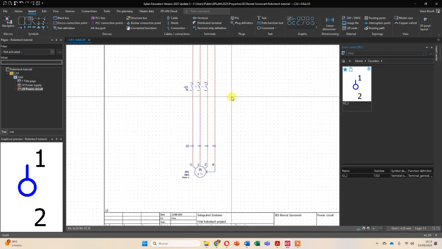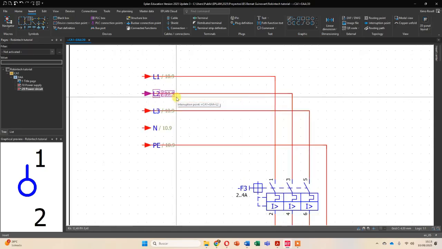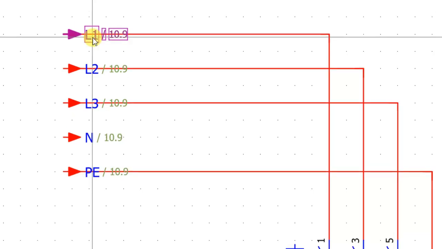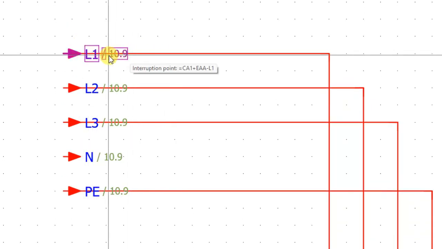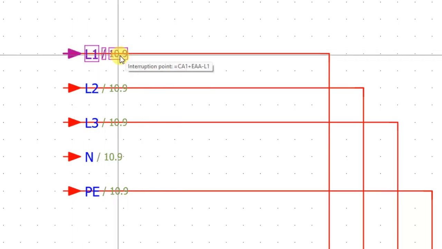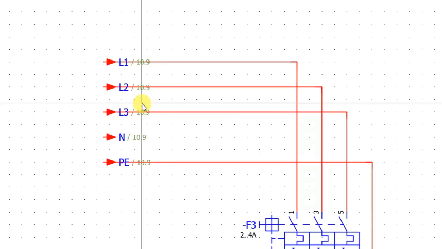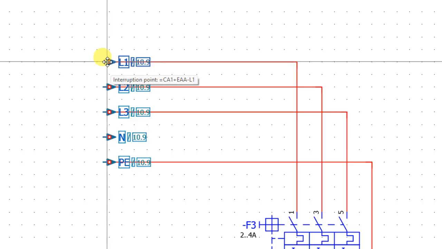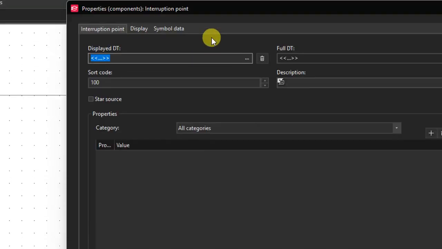Okay, and to finish this schematic, we can see that the name of the interruption point is over the wire, over the line. Okay, this doesn't look good. So what we can do is we choose all of them, we right click and we choose properties, and here